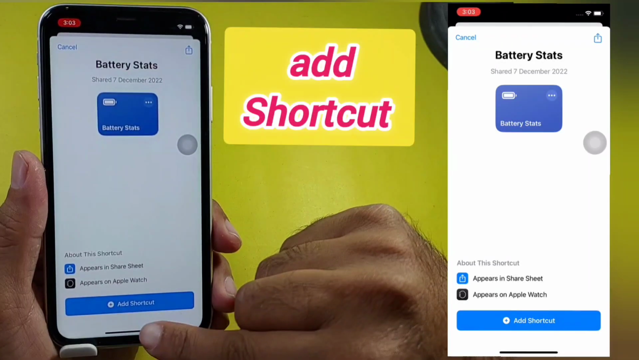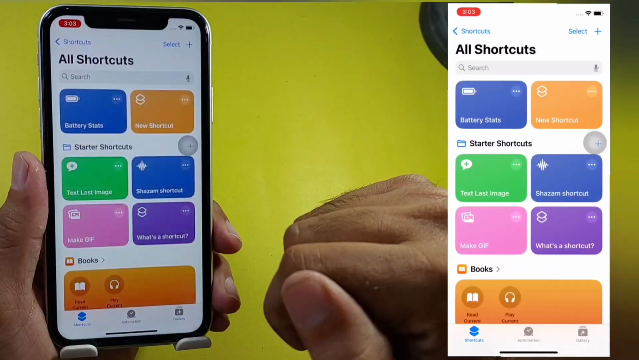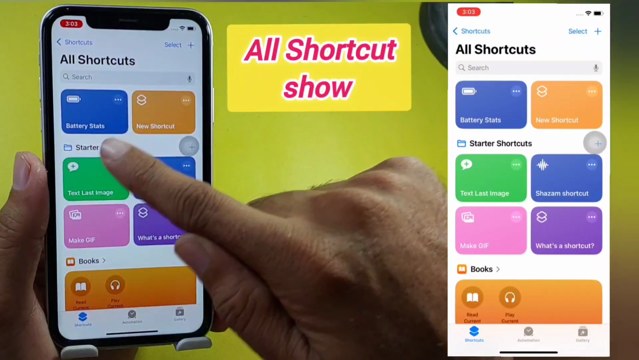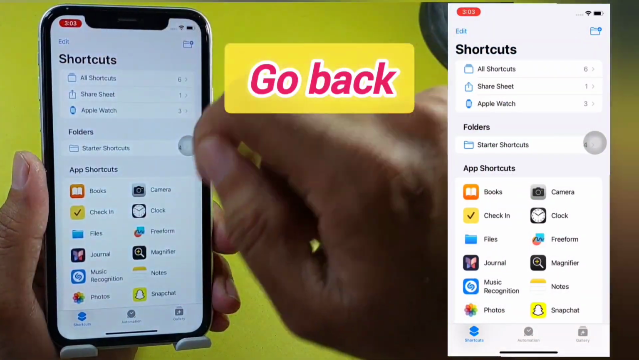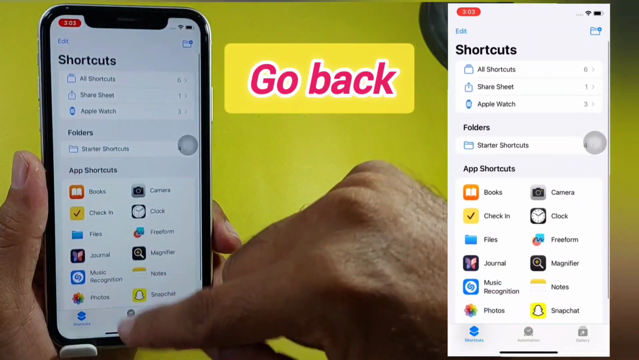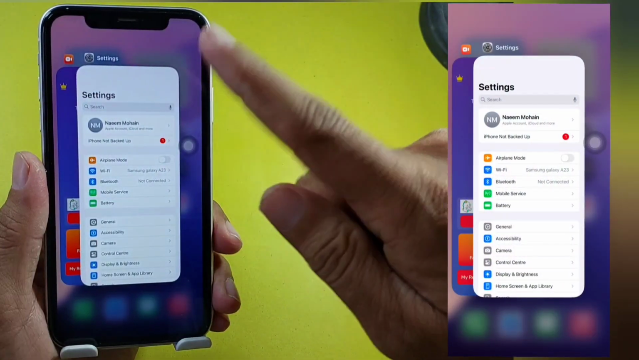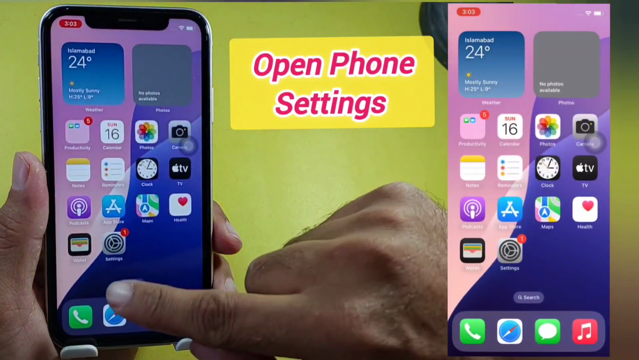Add shortcut, and here you can see battery stats add in shortcuts. So go back, open phone setting,